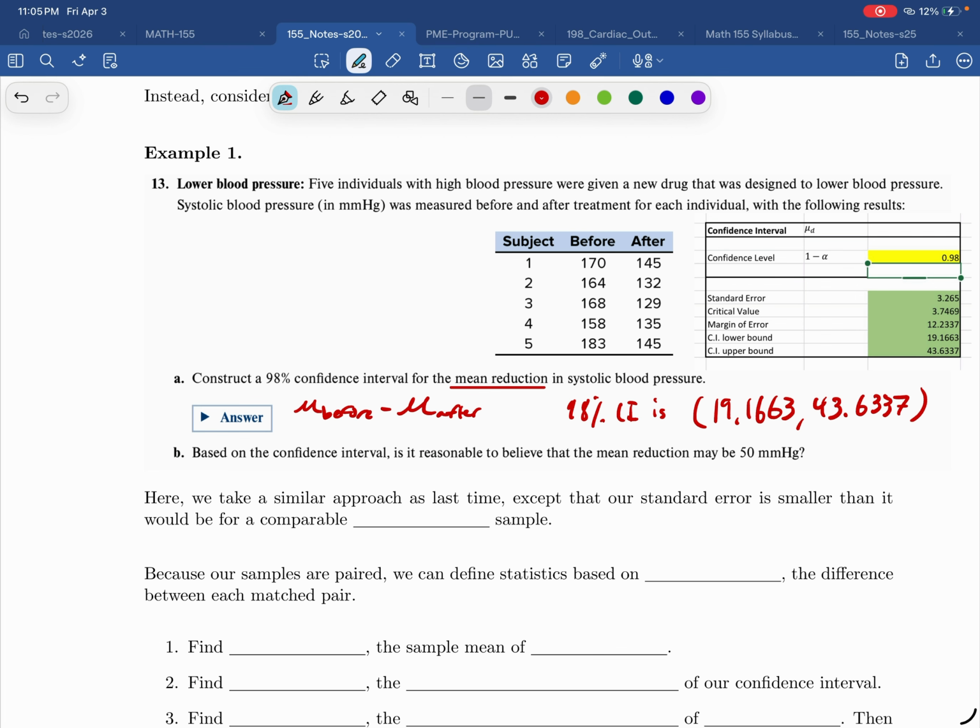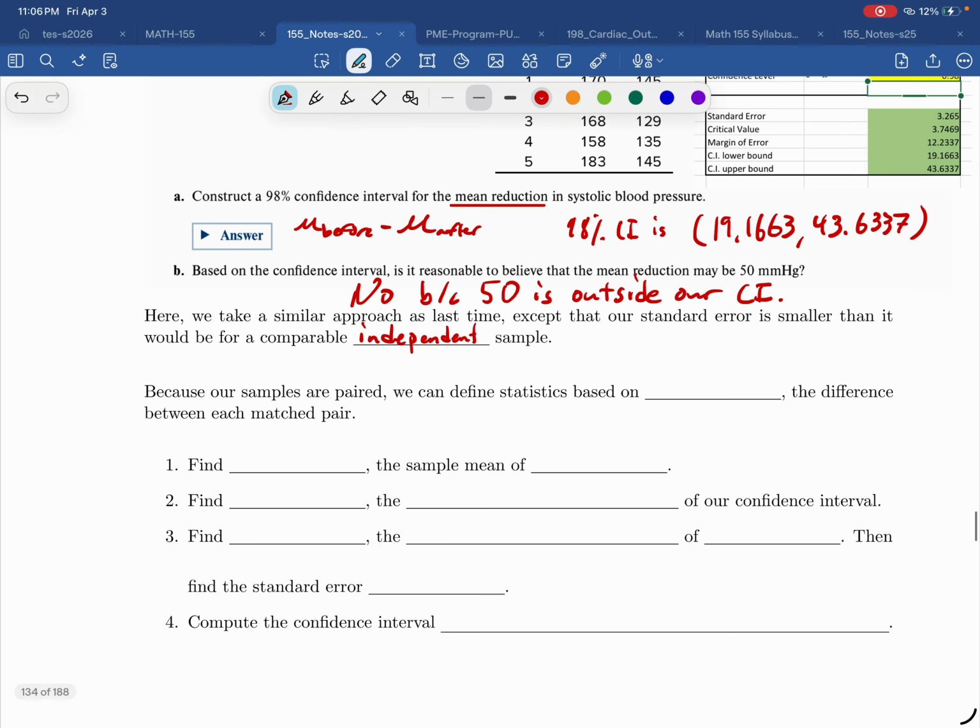There it is. Okay, so based on the confidence interval, is it reasonable to believe that the mean reduction may be 50 millimeters of mercury? No, because 50 is outside our confidence interval. Now, you might say, isn't this the same as what we did last time? Yes, except our standard error is smaller than it would have been for a comparable independent sample,